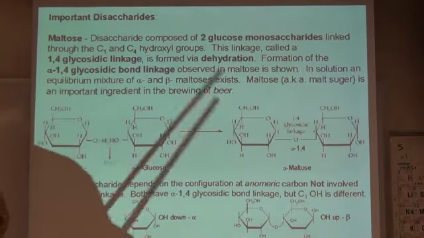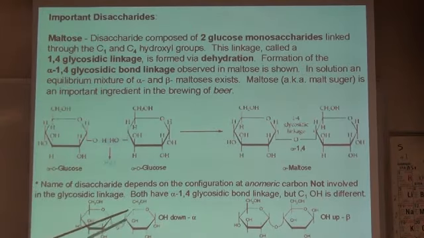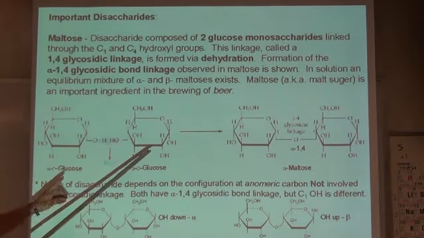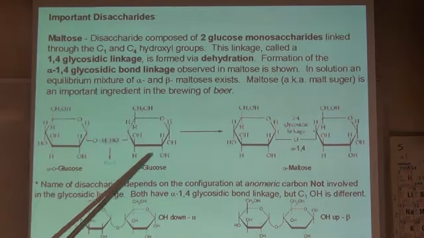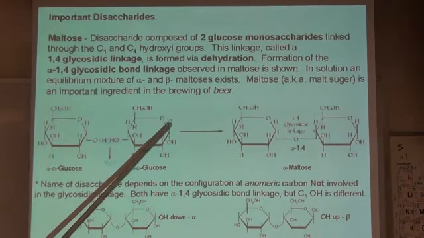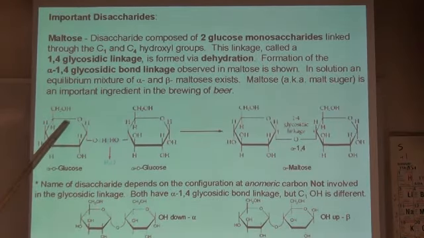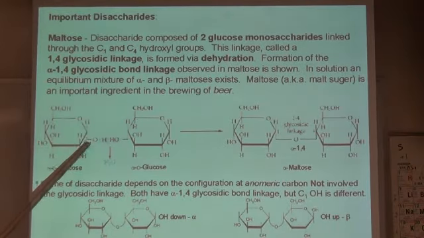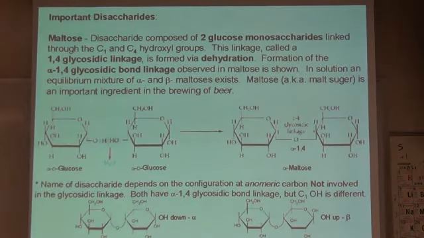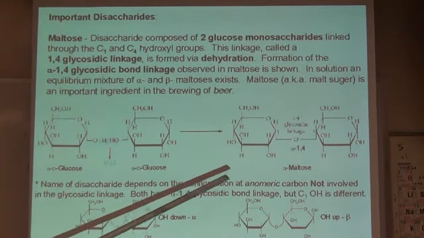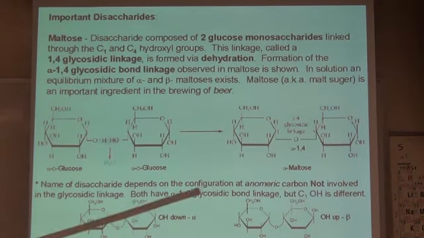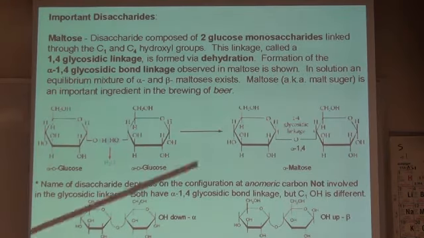But let's look at the formation of some disaccharides. Okay, let's start with maltose. Now, here is a glucose unit. Oxygen 1 to the right, OH going down. This is alpha. Here is another one. Oxygen 1 to the right, OH here going down. This is alpha. If you bring two of these monosaccharides together, you can form a glycosidic linkage by reacting OHs, just like we saw with the methanol on the previous slide.